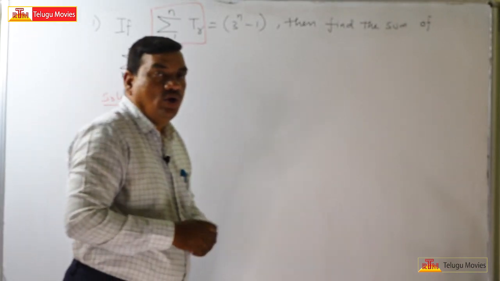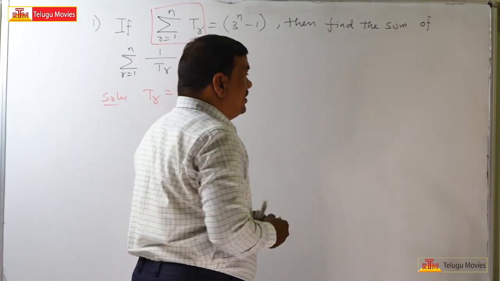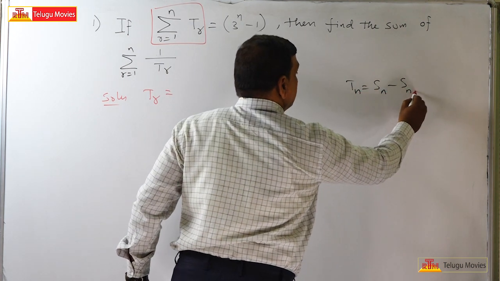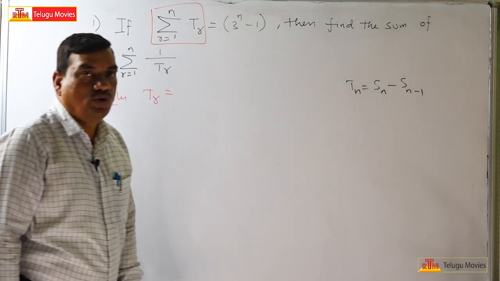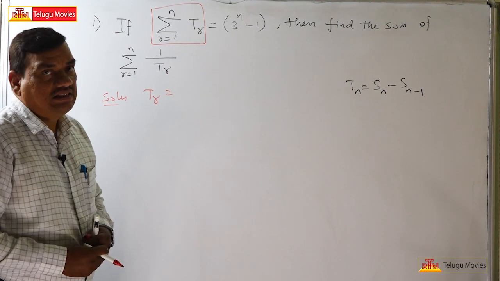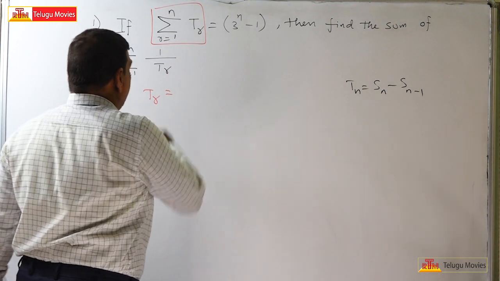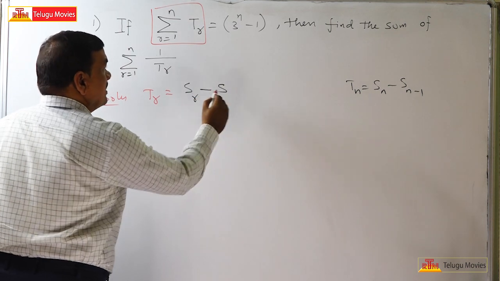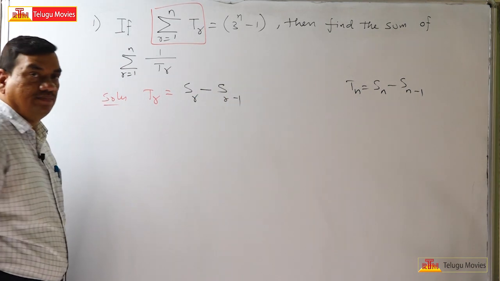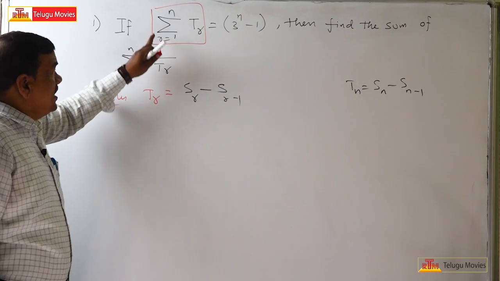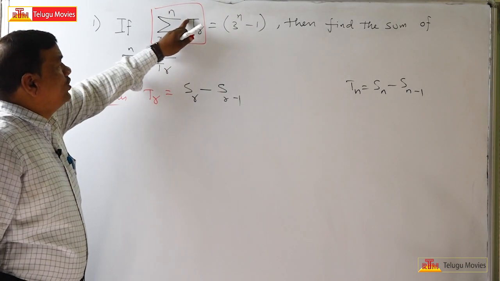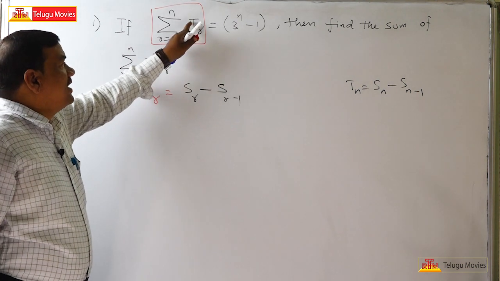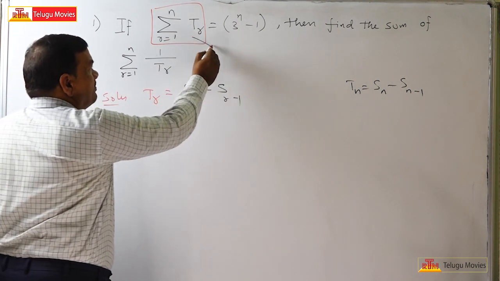So here in the progression we have Tn is equal to Sn minus Sn minus 1. Tn is equal to Sn minus Sn minus 1. Similarly, Tr is equal to Sr minus Sr minus 1. Understand? What is the sum r runs from 1 to n of Tr? It means the sum to n terms, T1 plus T2 plus